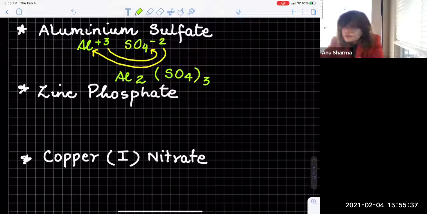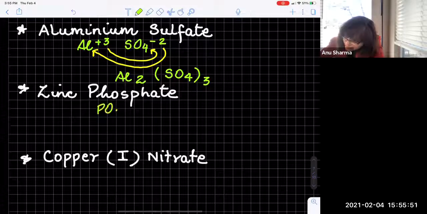Okay, so this is how. This is just the name, aluminum sulfate: aluminum metal, sulfate polyatomic ion. So here's the easy part. The names of the polyatomic ions don't change. They remain the same. So now look at this. Phosphate, PO4, the charge is